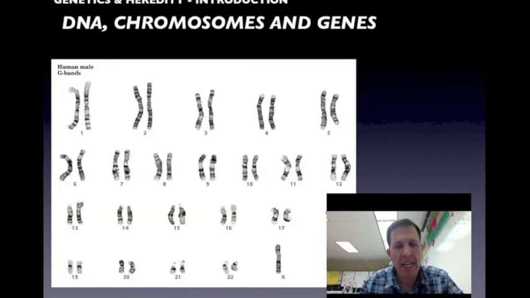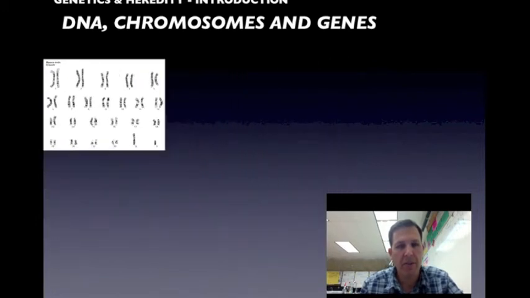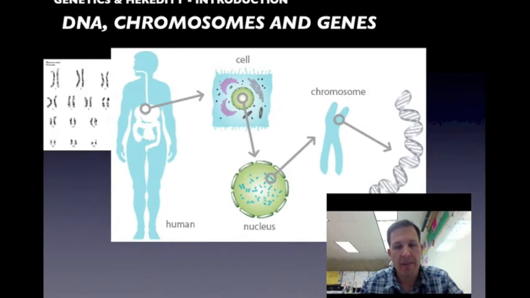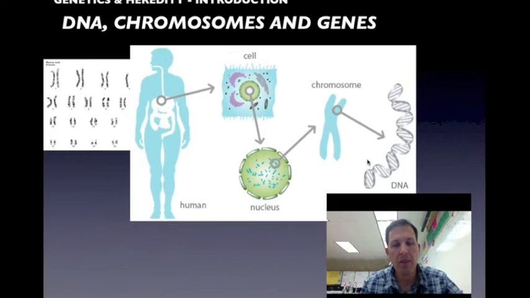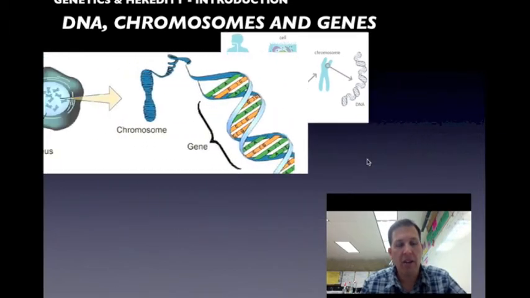Alright, again, here is a picture of all of the DNA in a human cell. These are the 46 chromosomes, 23 pairs. And again, as we look into a cell and we magnify and we see the nucleus, and then we magnify more and we see the chromosomes, and then we unravel that and we get the DNA. And in the lab that we did this week, we actually saw this DNA come out of all those wheat germ cells, right? And again, all of that DNA,